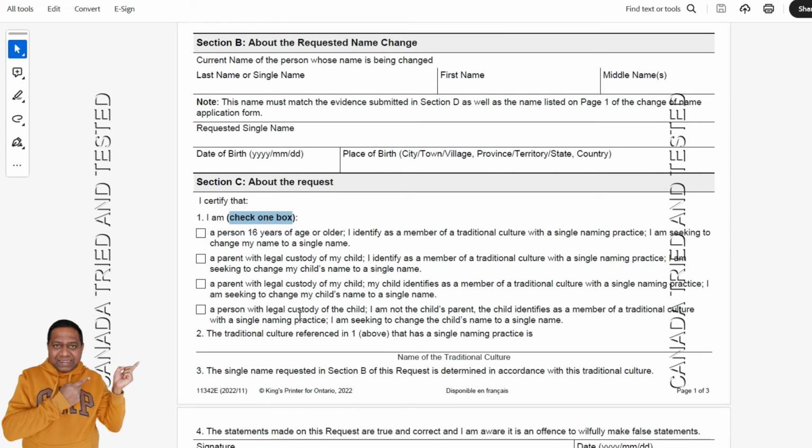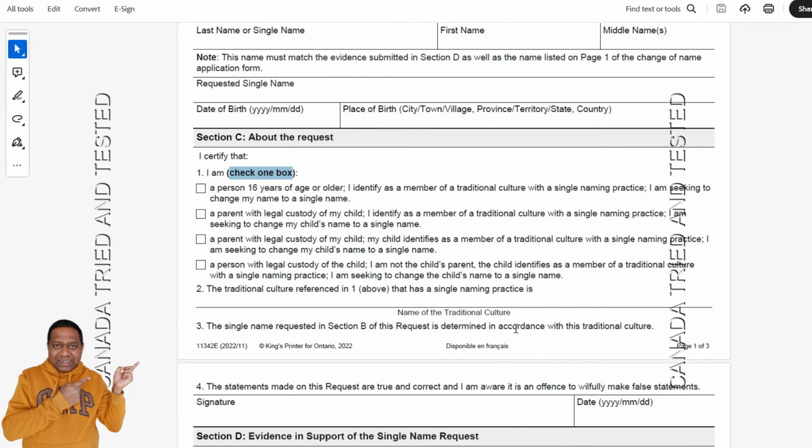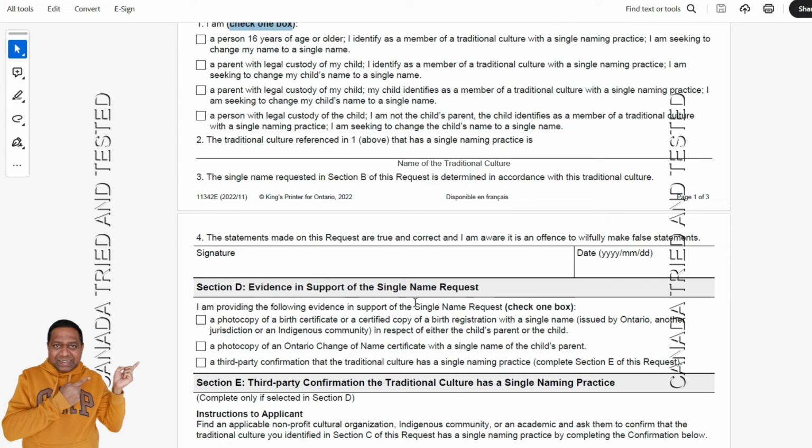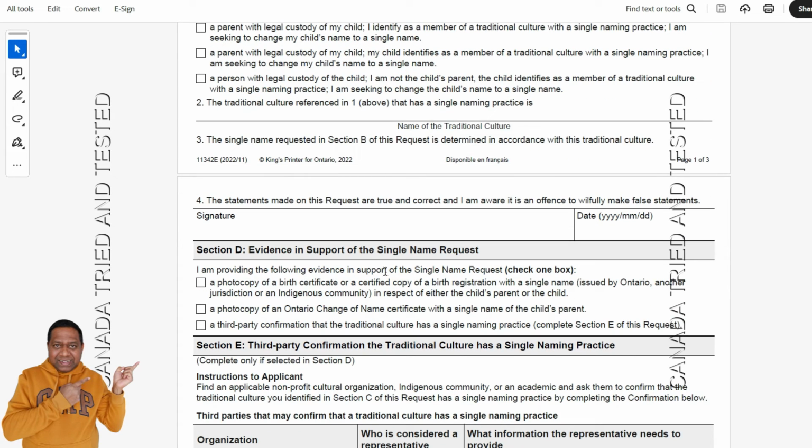See here. Then we come to the name of traditional culture, and here the single name requested in section B of the request is determined in accordance with the traditional culture. So once you read the statement, sign it and enter the date. Then comes the evidence in support of the single name request. So you have to provide evidence in support of the single name request and check one of these boxes: